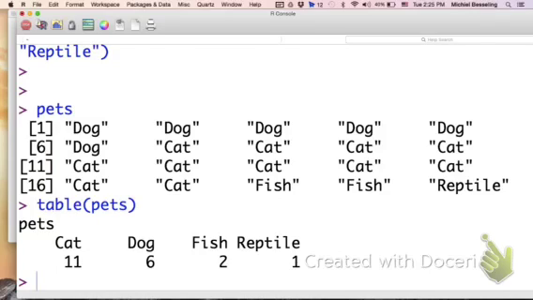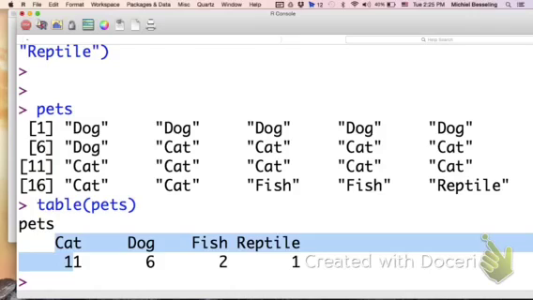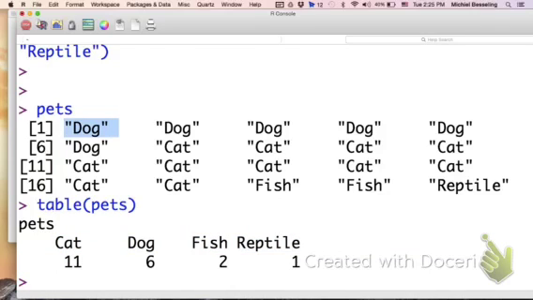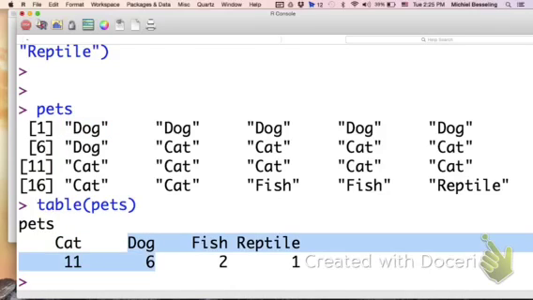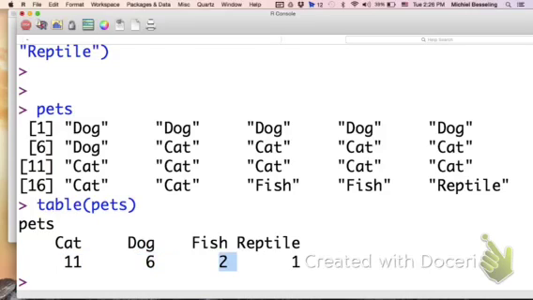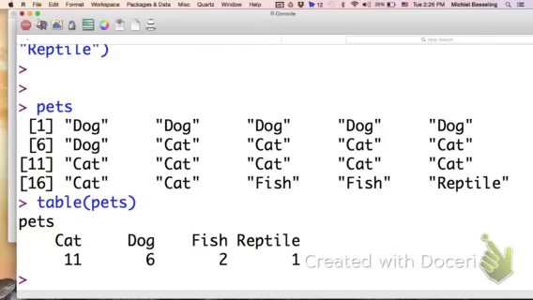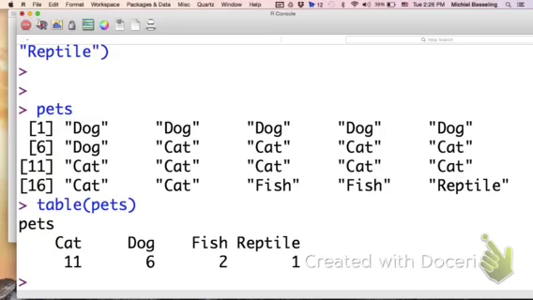When I hit table pets, you see cat came first, but remember the dog actually came first. Then dog, fish, reptile. This example is a little confusing because we kind of look at this and go, it must be in terms of decreasing frequencies since there were 11 cats there first, right? No. It's actually in alphabetical order here with respect to the categories. It just happened to work out this way in alphabetical order that cats came first and